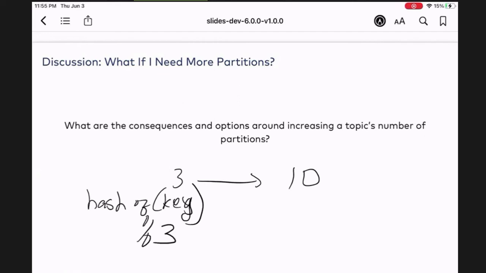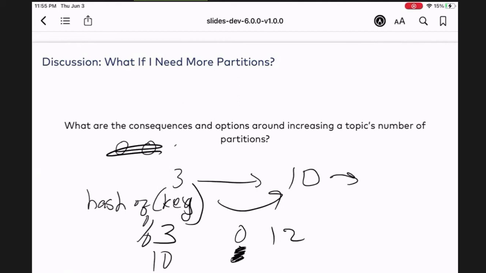But now when I increase the number to 10, it's doing modulo 10. So that means before, whatever record was going to, let's say, partitions 0, 1, 2, if the record was coming into 0 before, now that I have 10 partitions, like 0, 1, 2, 3, 4, 5.